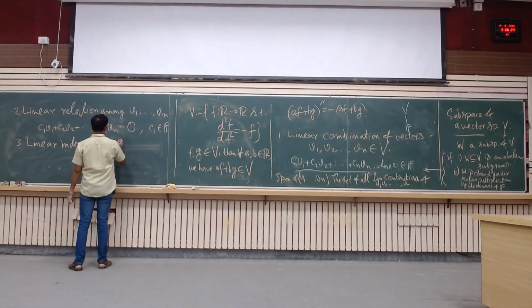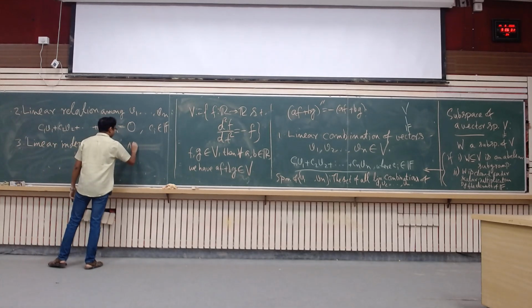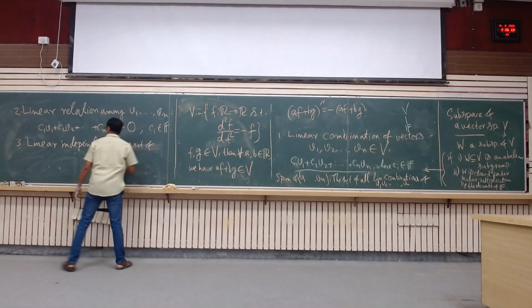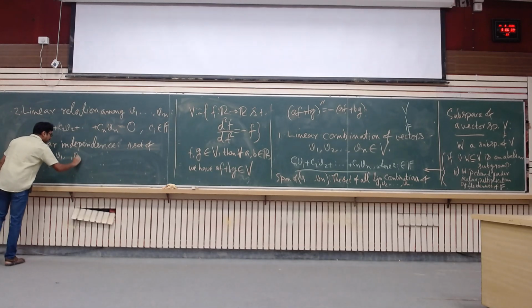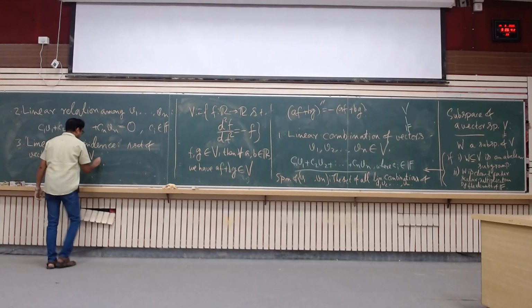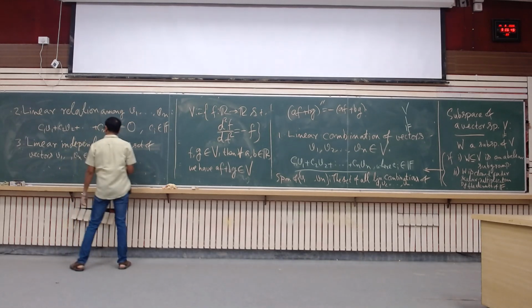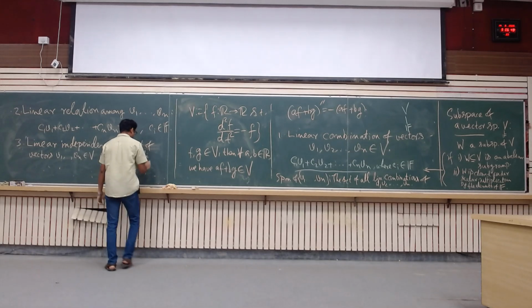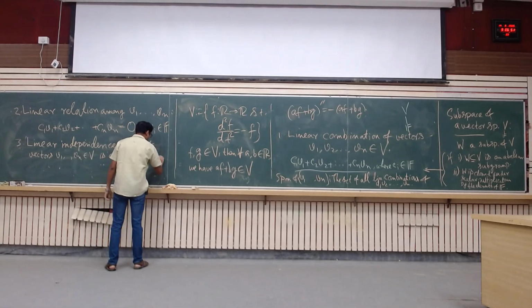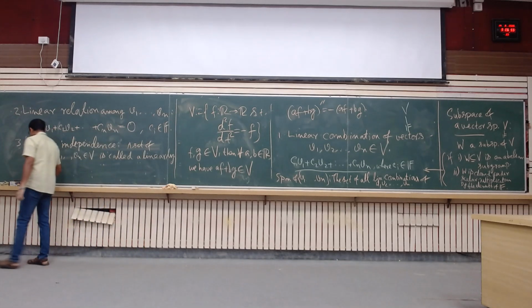The set of vectors v1, ..., vn in V is called a linearly independent set of vectors